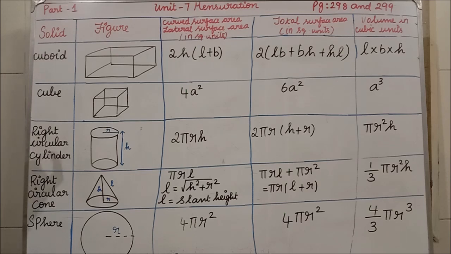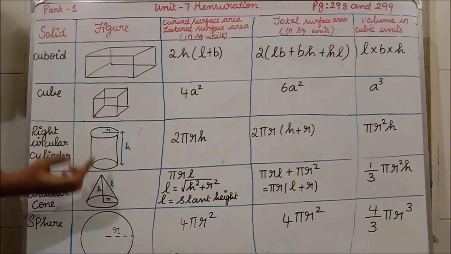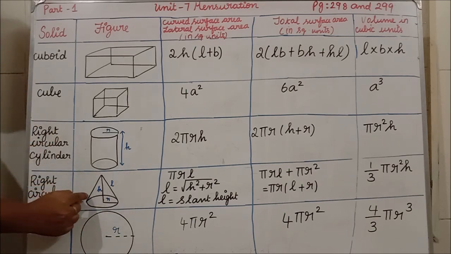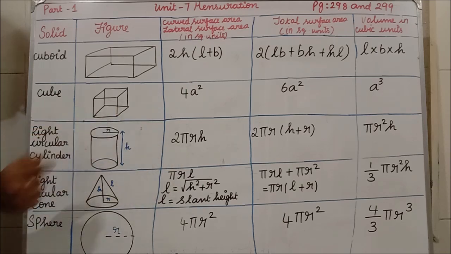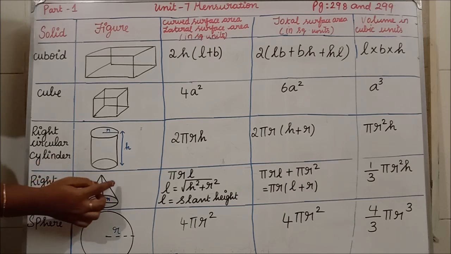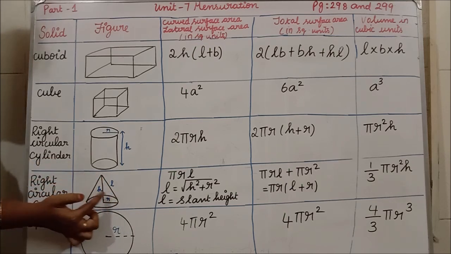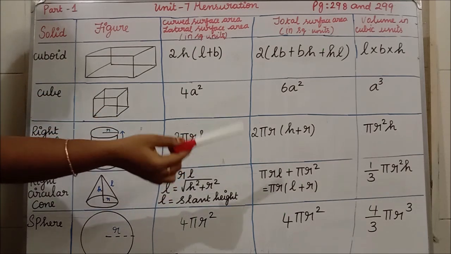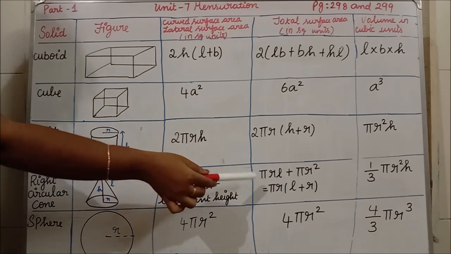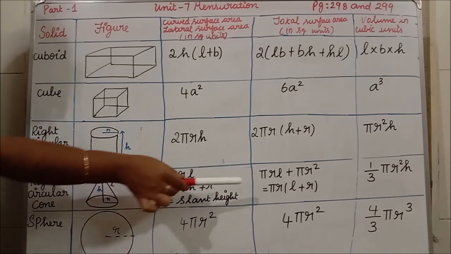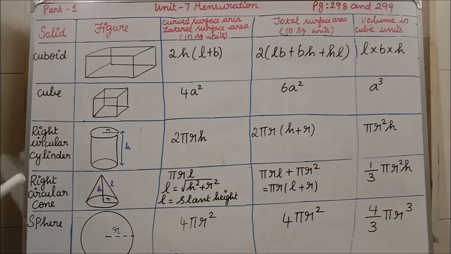Why pi r L plus pi r square means, see, curved surface area inside that area and as well as what is the area of circle? Pi r square. That circle part also we are taking. So only we are adding plus pi r square. Area of the circle is what? Pi r square, no. So in that curved surface area we are adding the area of the circle also. So if you see from pi r L plus pi r square we are having pi r common. So I am taking L plus r. If you are keeping memorized first, this also okay, then this also okay. Anything if you are substituting, we'll get the same answer only.